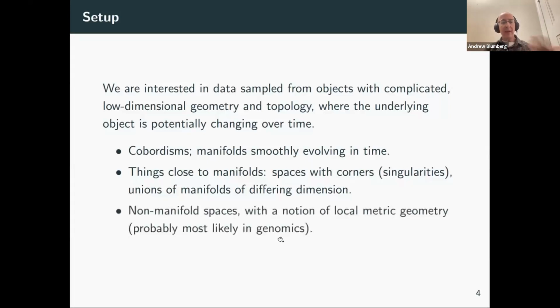And of course, many examples, and certainly from my perspective, some of the examples I'm most interested in come from genomics, and what you're looking at is probably not anything like a manifold, although it does have some notion of local metric geometry, and conjecturally, via some form of the anthropic principle, we hope that meaningful clinical or scientific signal is present on low-dimensional subspaces. And then just as an aside, by anthropic principle, of course, people make this assumption in genomics because without it, you couldn't say anything.